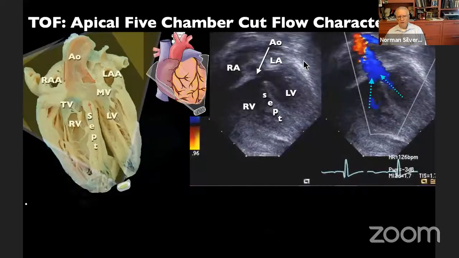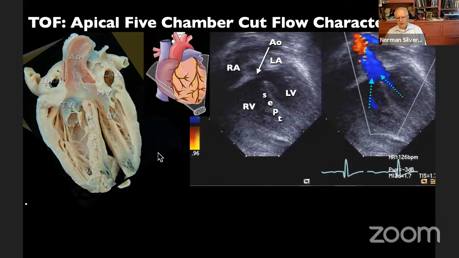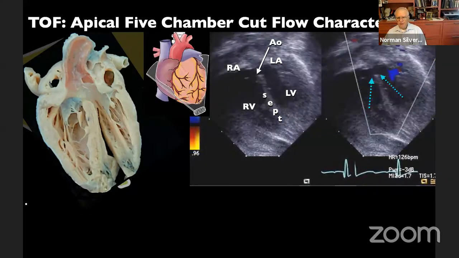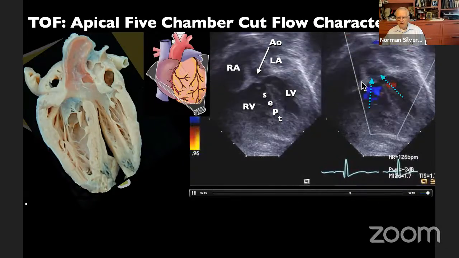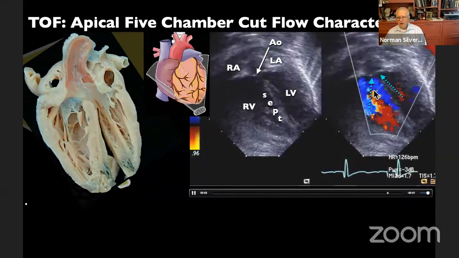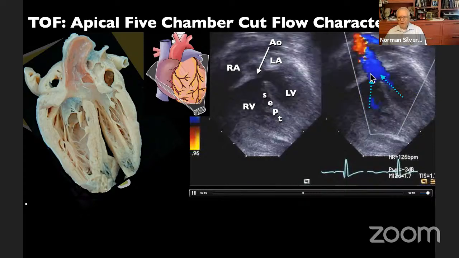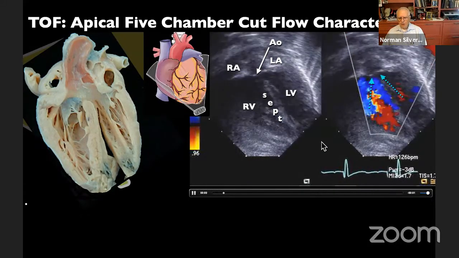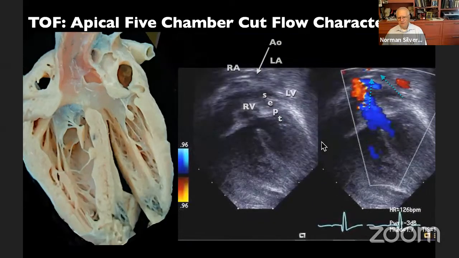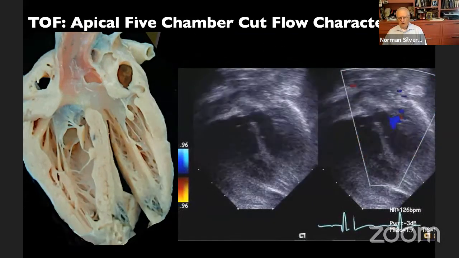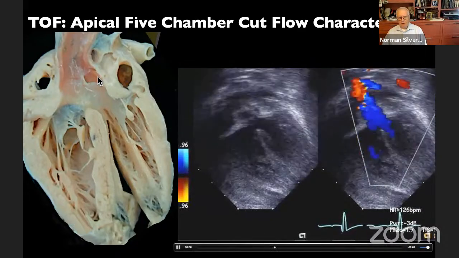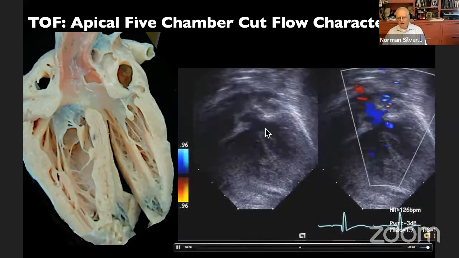Here is a patient with the apical 5-chamber view, which shows the aortic override of the ventricular septum on another specimen. And the echocardiogram in this apical 4-chamber view shows the aorta overriding the ventricular septal defect. And the green arrows here highlight the flow of the blood directly from the left ventricle and from the right ventricle into the aorta, which is the more usual pattern of the distribution here.